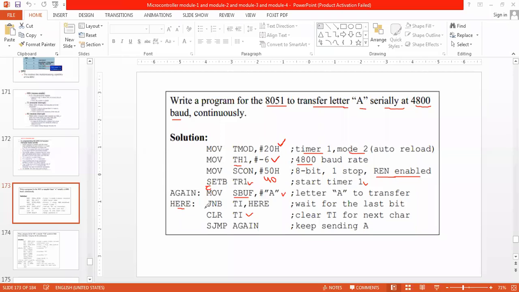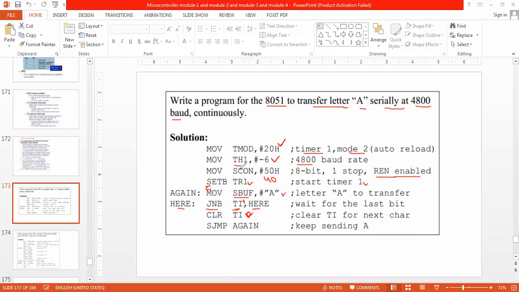Then look at TI continuously, and then jump back again here. Soon after it goes to 1, we directly make it 0, so that it can be sent once again. So A is continuously transmitted. This is a very simple program.